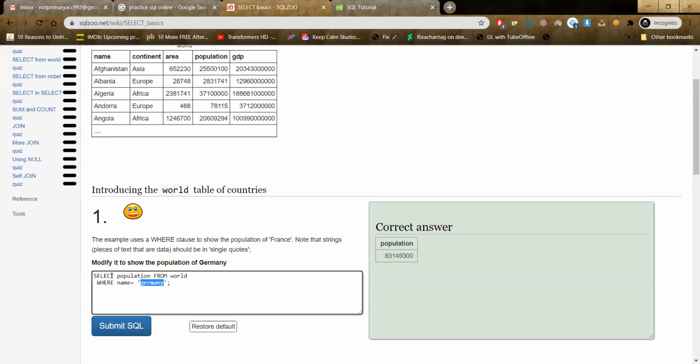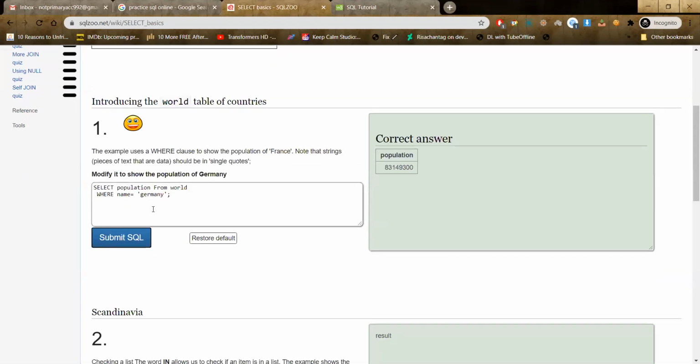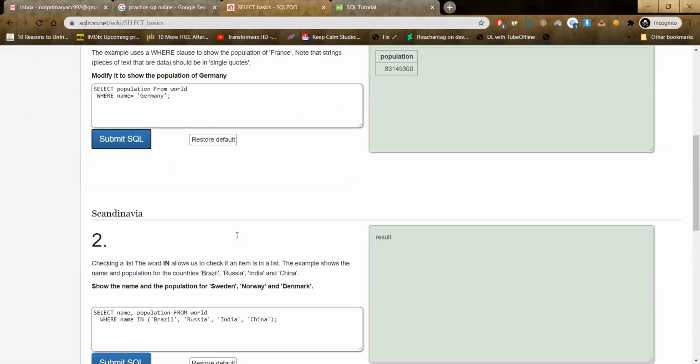Select statements, from statements, where statements, these can be written any way you want them. If I write this, even this would work. So that does not make any difference. So you can be a little careless with that, but okay, let's see.